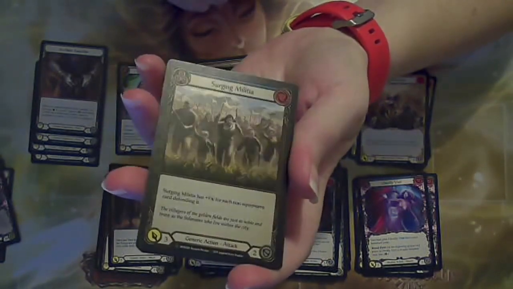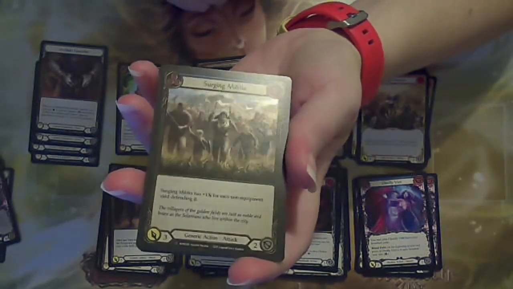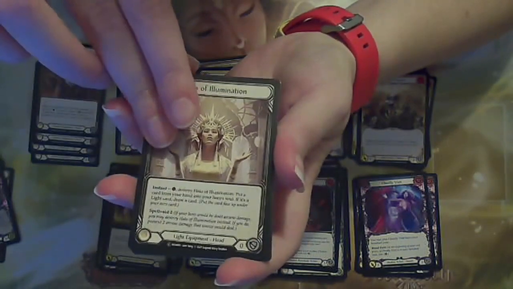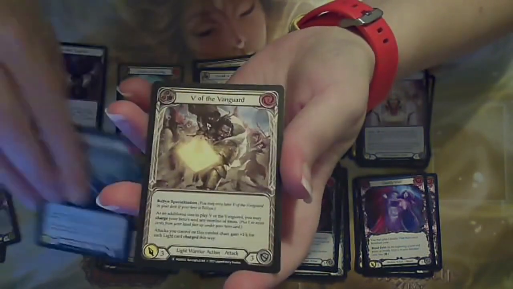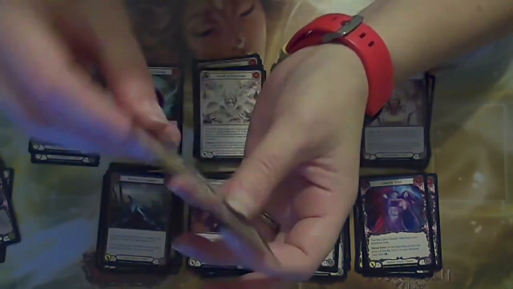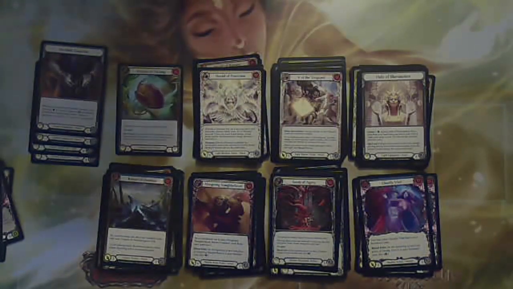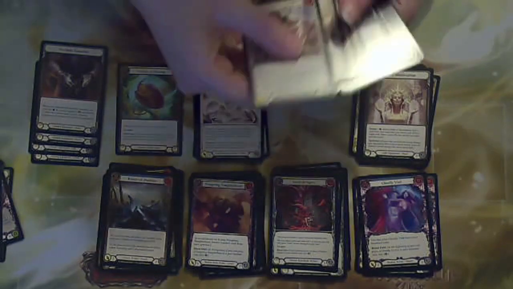Oh, there was a little bit. Generic attack. Piece of light equipment. Put that in that pile. Another generic attack. And a warrior rare. Double-sided prism here. Okay, so just looking at the piles, the first thing I would assume is that we're not playing a warrior. We've got